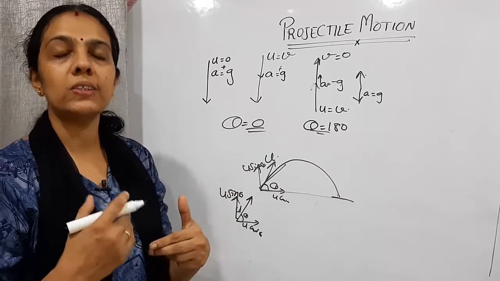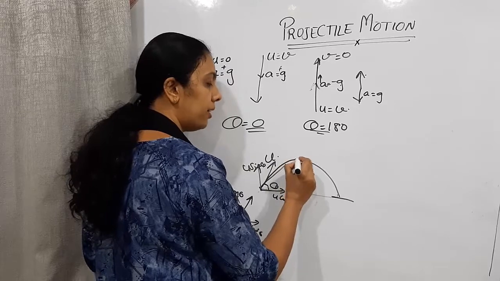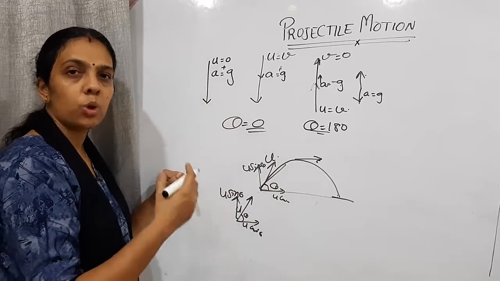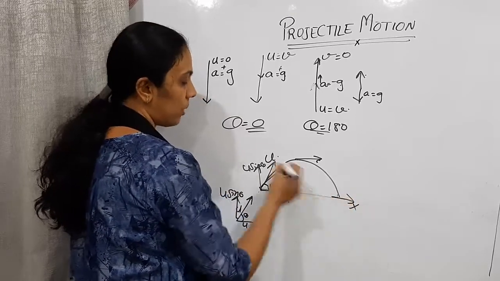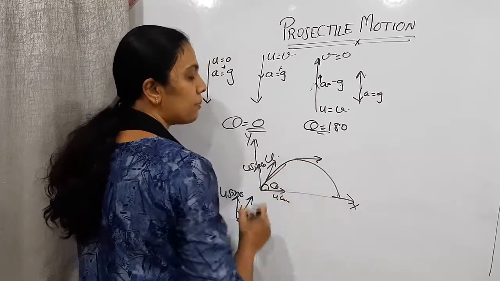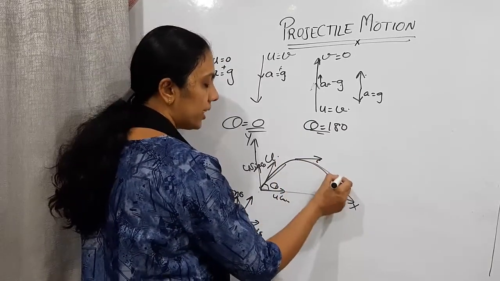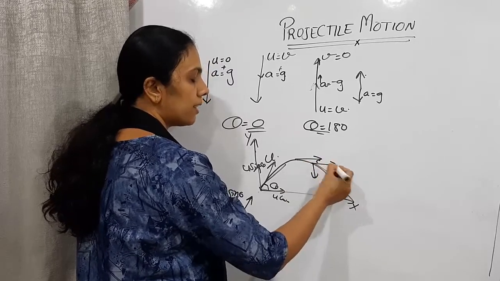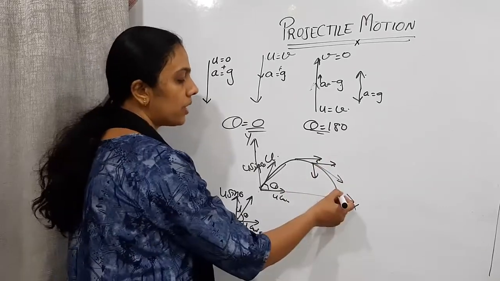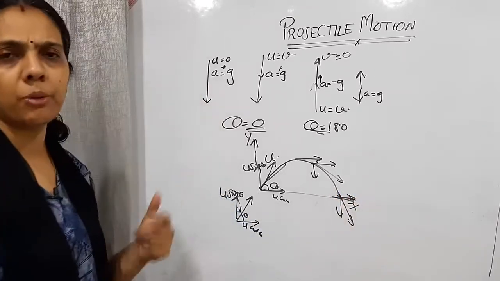So velocity is changing continuously. When we come to the maximum height point, there velocity is acting in this direction only. There is no y component, only the x component is present if it is an xy plane. Here only the x component is present, y component is absent, right? When we are considering the motion like this, here also two components are there. The vertical component will be acting in the downward direction. So at this point also the velocity will be acting like this. These are the component vectors.